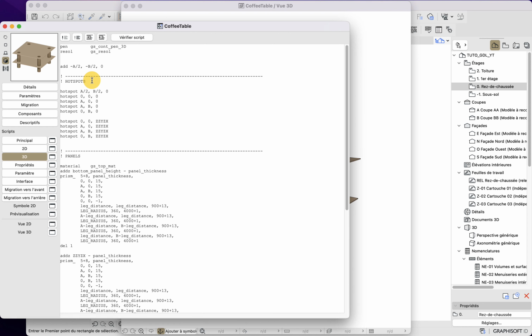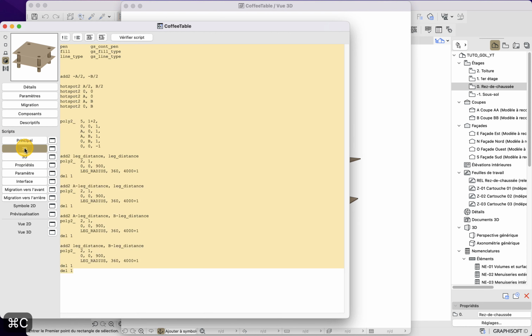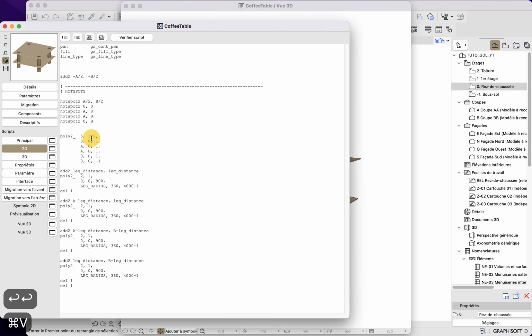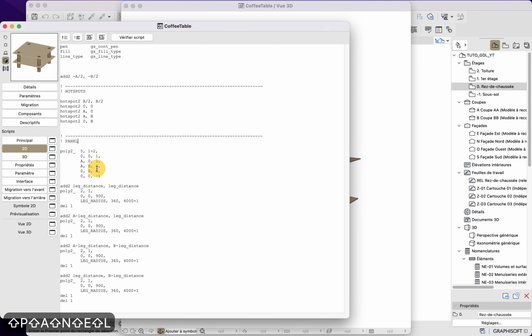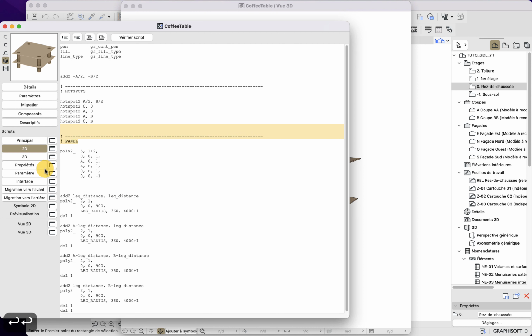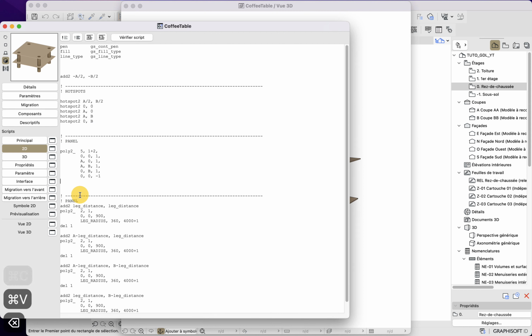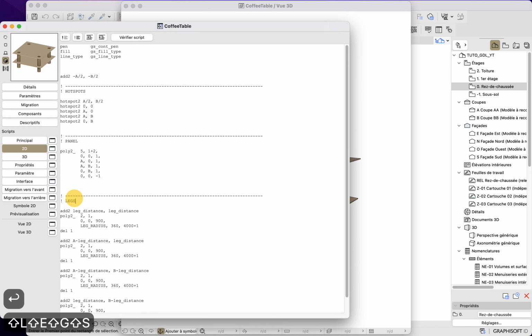I can also do the same in 2D because this is a bit similar. So here, panel for this one, and legs for the last one. Like this.